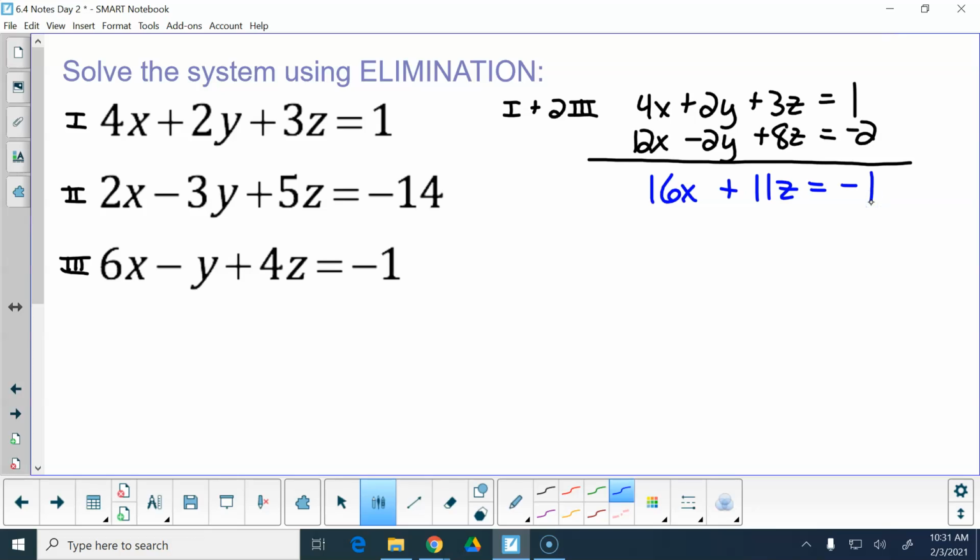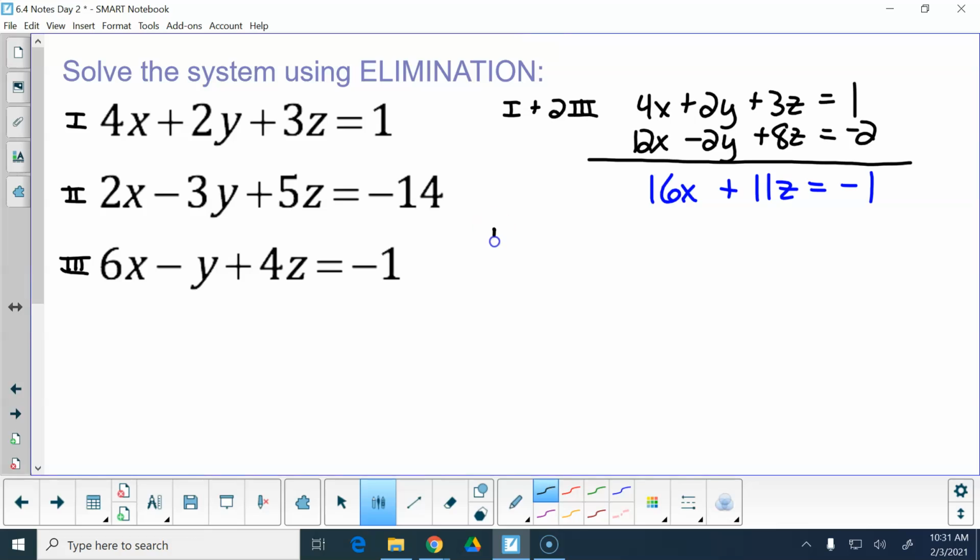16x plus 11z equals negative 1 is what I get. Let's just check that. 12, negative 2, 8, negative 2, 4, 2, 3, 1. 16, gone, 11, negative 1. Yeah. Then I would probably go with